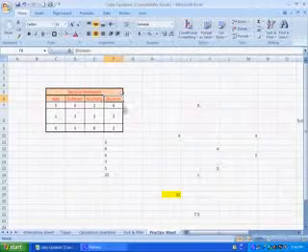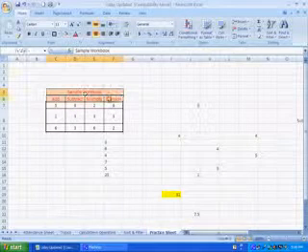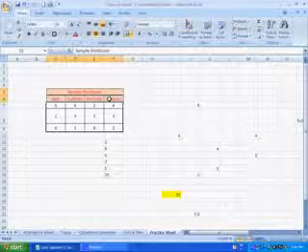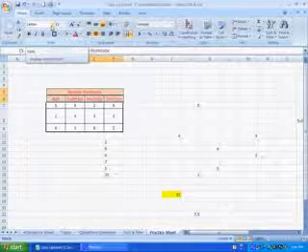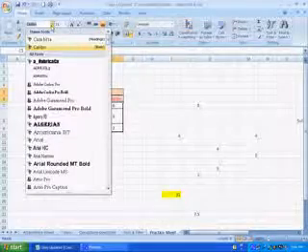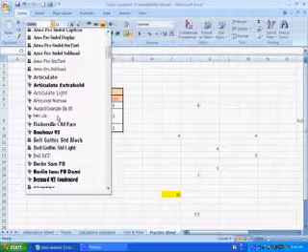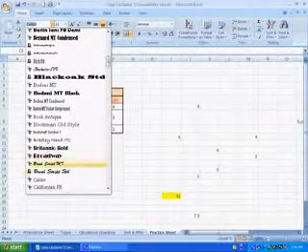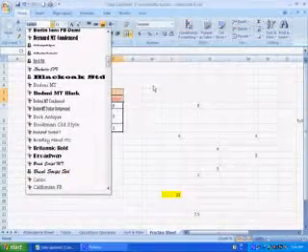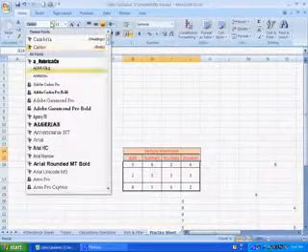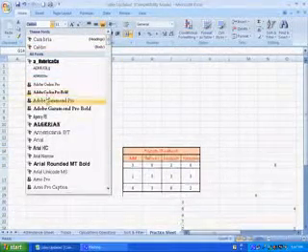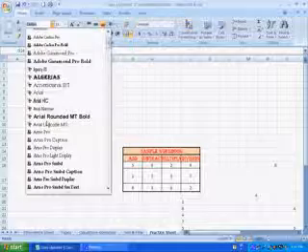Suppose if I want to change the font for this table, I'll select the header. Over here you will find various fonts which we generally used in Word also. So as soon as I change the font, it is getting changed.